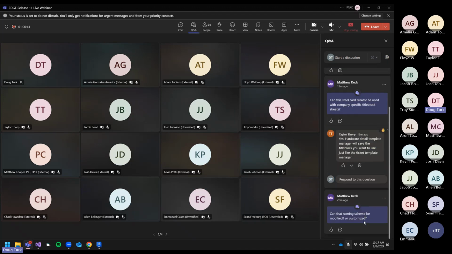Okay, and then the other question that Matt Keck had was the naming scheme, and I'm assuming this was for hardware details. I apologize, I should have been looking as we were going through. Yes, so currently that can't be modified, and that's for the very simple reason that we don't want to accidentally start overwriting assemblies or creating naming conflicts within the hardware details that you're creating. So currently we're restricted to only that specific naming scheme for the